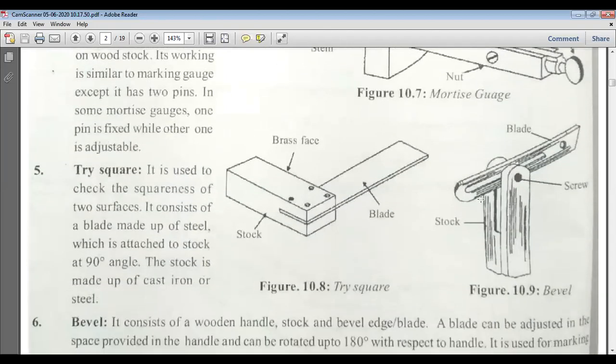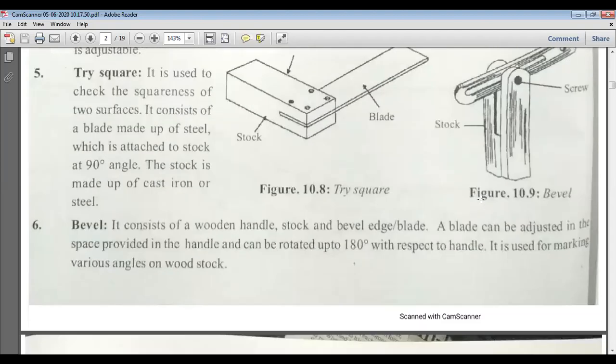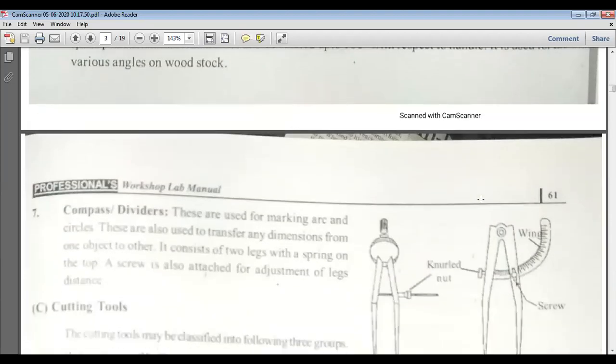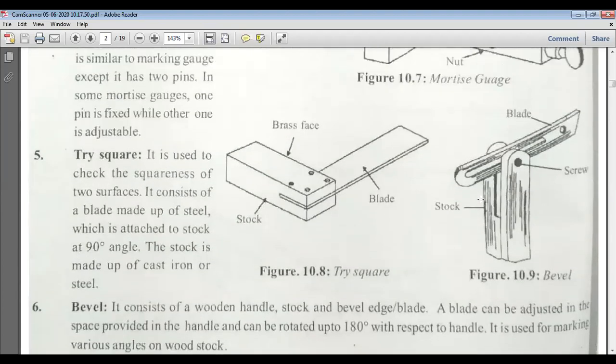Whereas the try square is used for making right angles, and bevels are used for producing angular measurements. This one on the right is a bevel. Bevels are used for measuring and giving angular dimensions.